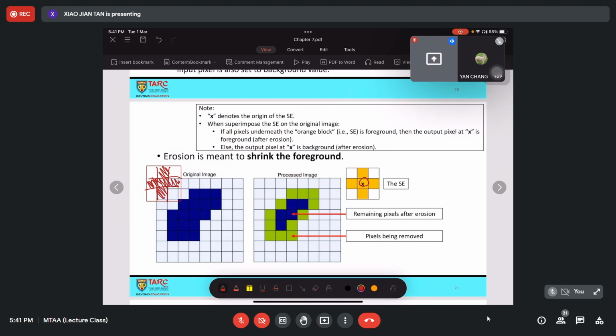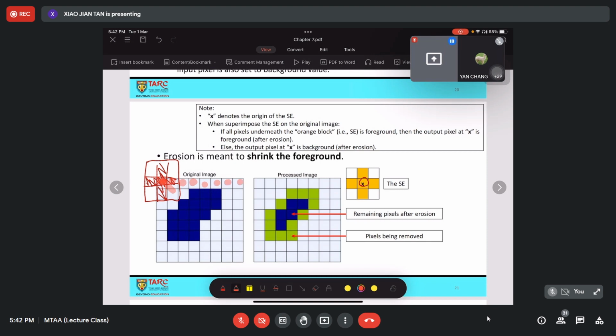Starting from this pixel, and then following to the next pixel, next pixel, next pixel, and so on. So it starts from this pixel and then is followed by this pixel, and so on.